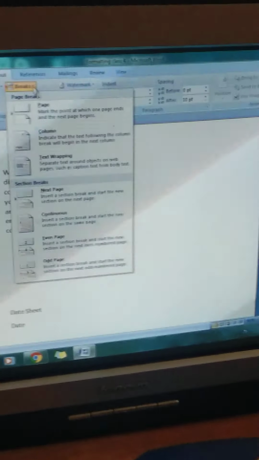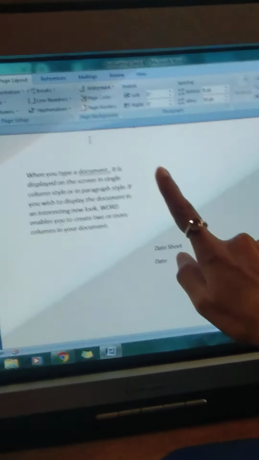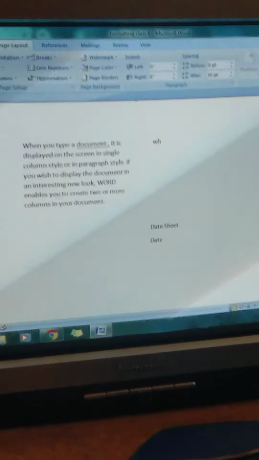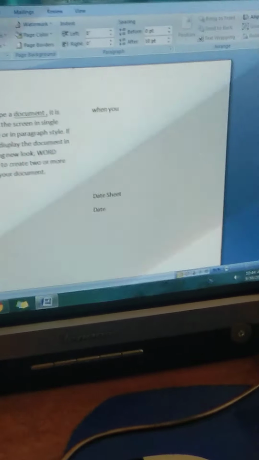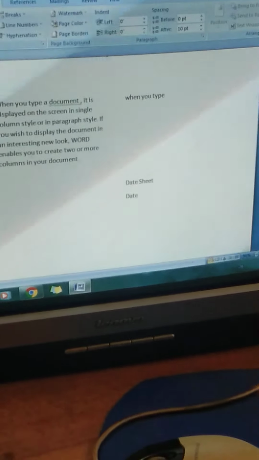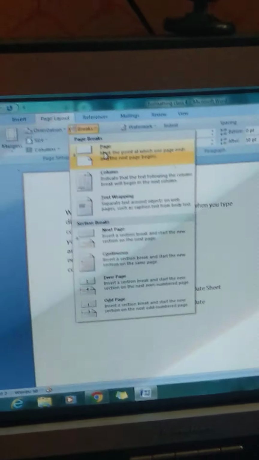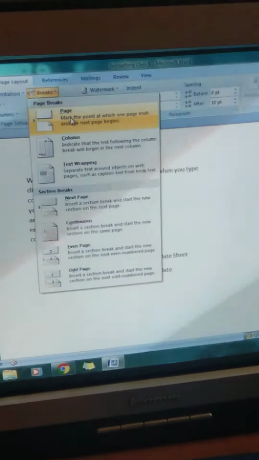Click on the drop down. You will get the option to do a page break or column break. Click on Column. Now see, the cursor has moved to the next column, and you can start writing your text in the second column. Whatever you want to write in the second column, you can type it here. Similarly, from this Breaks option, we can also add a page break. Click on this drop down and click on Page, and from here the page will break and go to the next page.